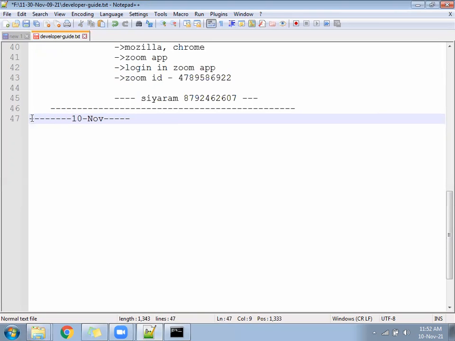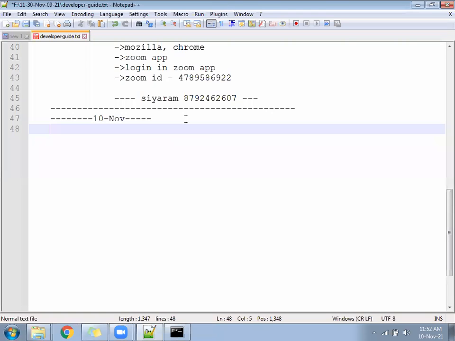Okay, next, in the developer guide, you will keep adding the dates. Today what you did, yesterday what you added, tomorrow what. So you will get to know date-wise. Even yesterday it was explained that HTML is in the front and CSS, Bootstrap, JavaScript, everyone is in the back.